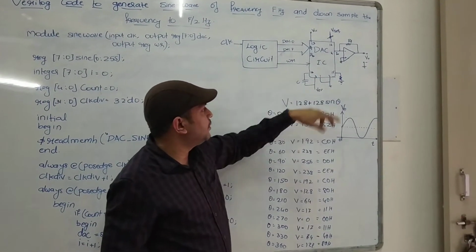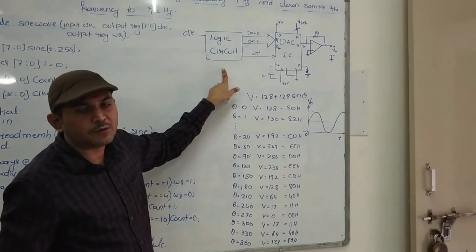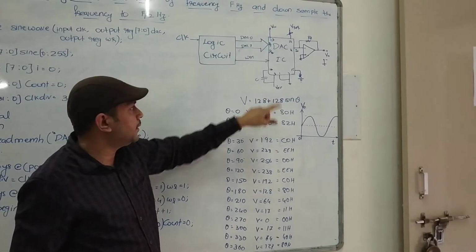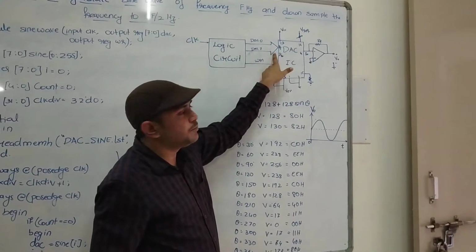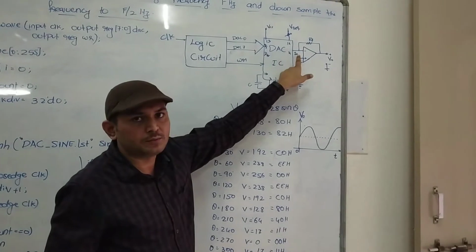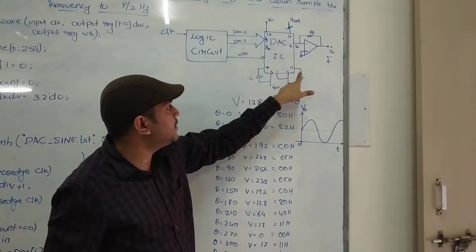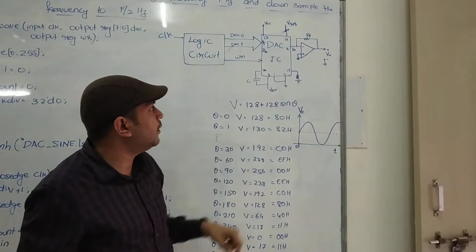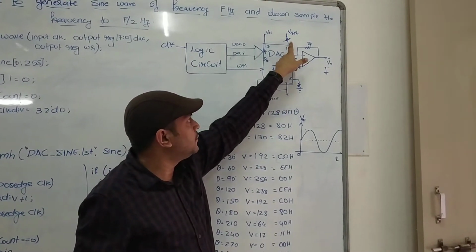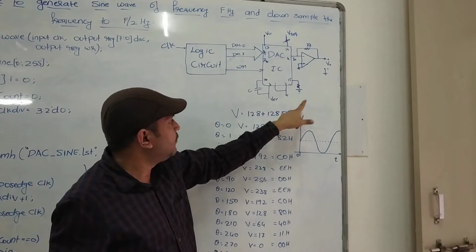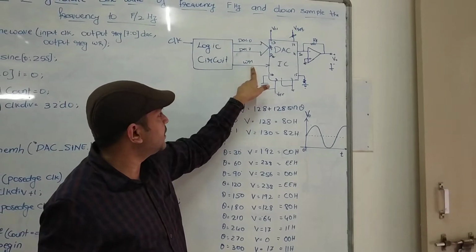So let's understand the concept behind generating the sine wave with the help of the DAC. Then we'll come to this logic circuit and how it will control this IC. As I told you, the DAC is a 16-pin IC. As you can see, there are 8 digital pins and 1 analog output, 1 analog output for 8 digital inputs. All the other pins are VCC, and there is a V reference to provide the variation. We have this V reference voltage, and we have 2 grounds, analog and digital ground, and there are other connections. So mainly you have to concentrate on the digital inputs and the analog output pin.